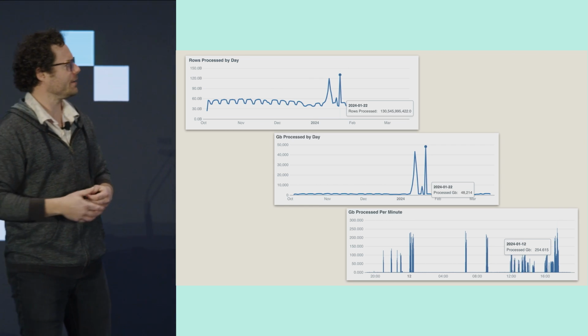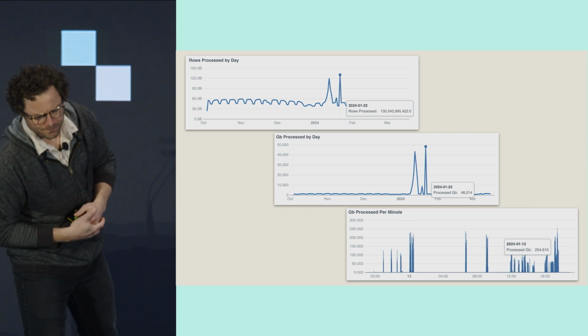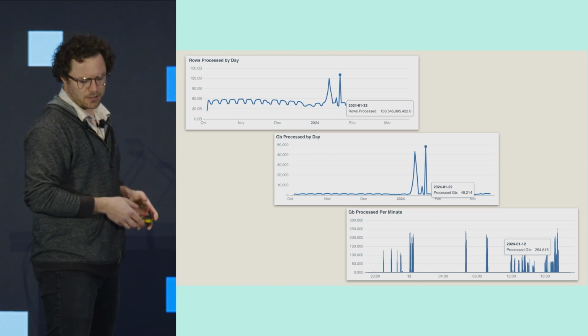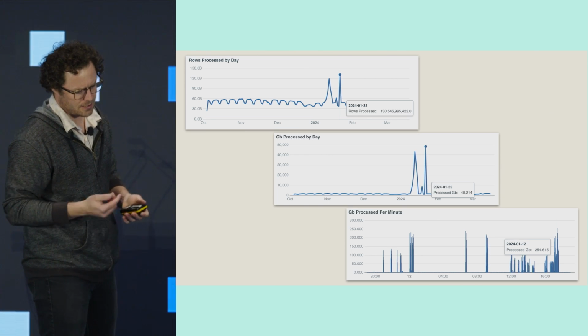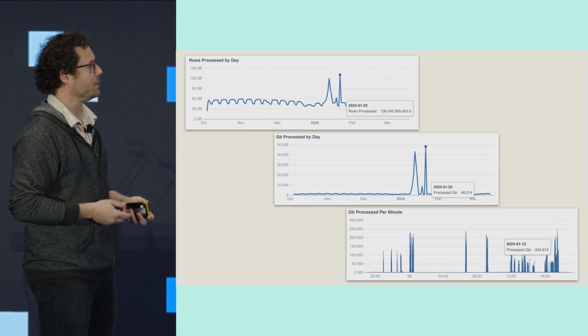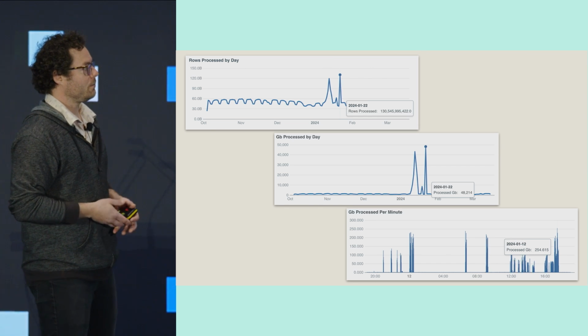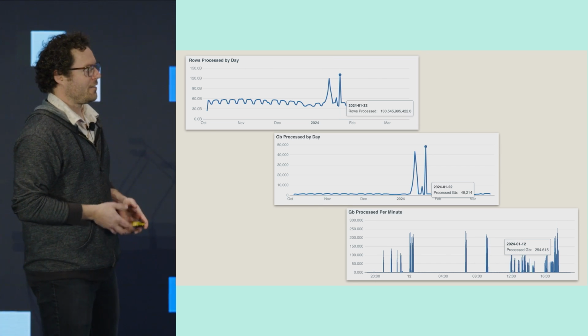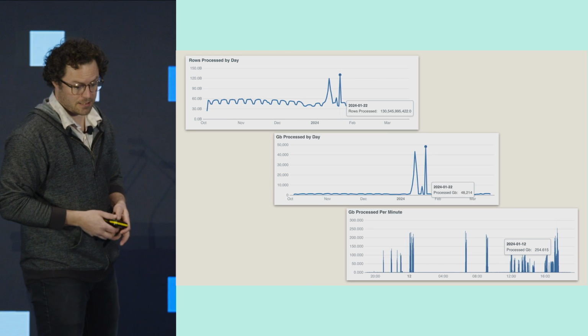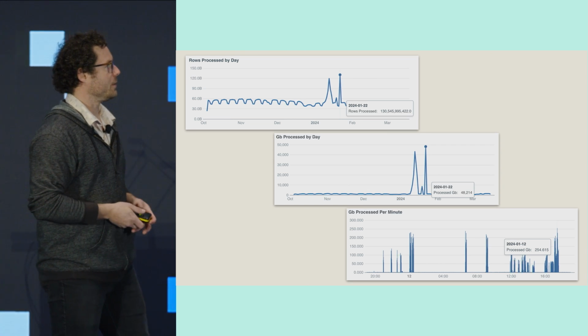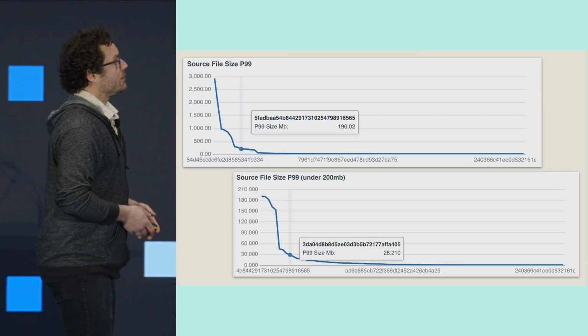So this chart, 254 gigs per minute, and here I think it was running like 1 to 2 gigs per minute. So you go from 1.5 gigs per minute to 4.5 gigs per second, and nothing changes from an infrastructure perspective. It was kind of cool.